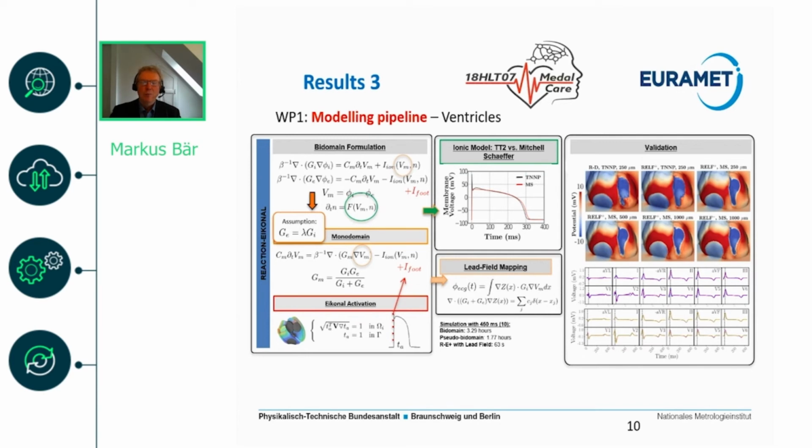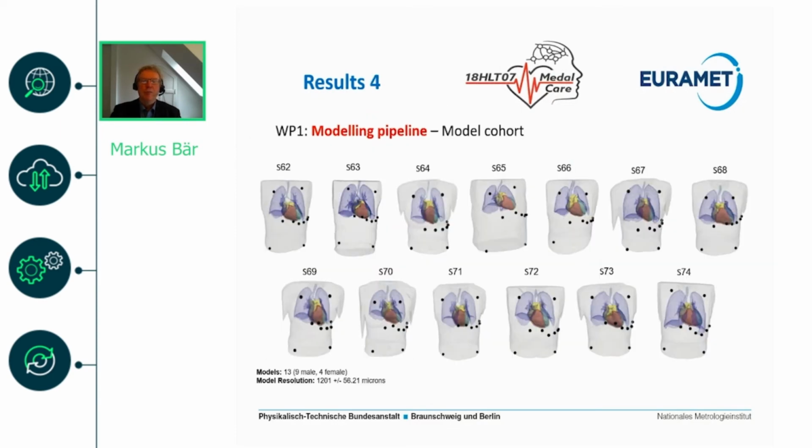Here the ventricle part is shown. So you define mathematical equations and you run them. First it's done on the isolated surface of the heart, where you can make catheter measurements and validate these models, so that all has been worked out already. And then in a second step, to get the ECGs, you have to embed them into